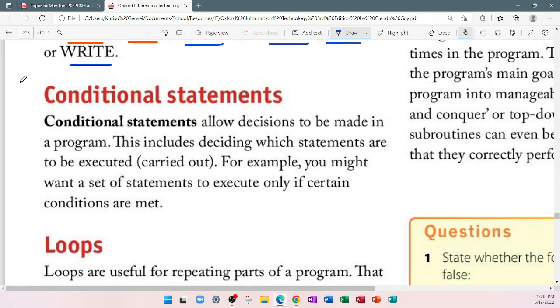Now, another type of statement is called the conditional statement. It gives you a condition. A conditional statement allows a decision to be made. It allows you to decide which statements are to be executed or carried out. For example,